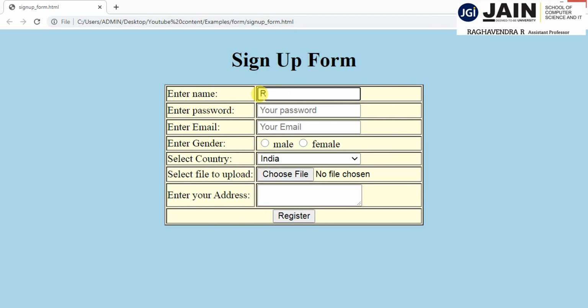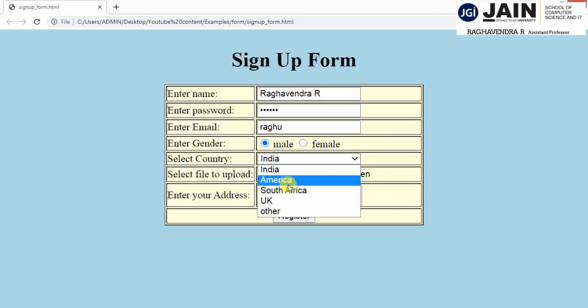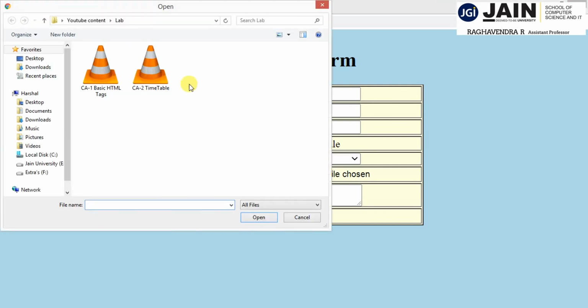As soon as I type the character, automatically the placeholder will get erased. Raghavendra R. Then the password. I'm typing some password, and it will turn to bullets, and I'm using RAGHU. Then mail, India, and the country South Africa. I'm using the file upload, that is choose your file.